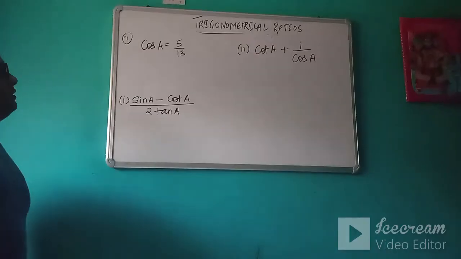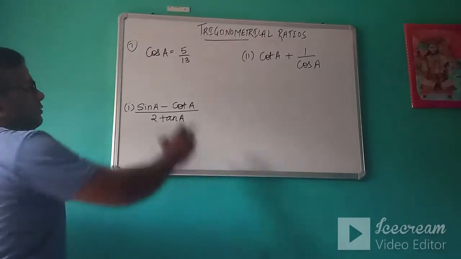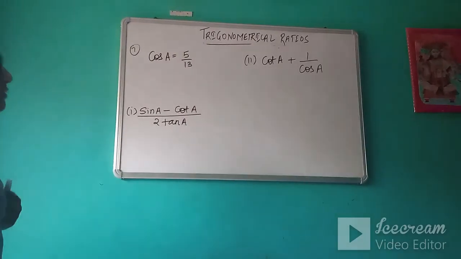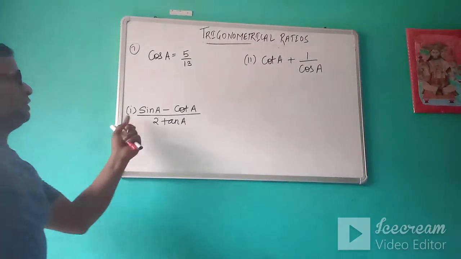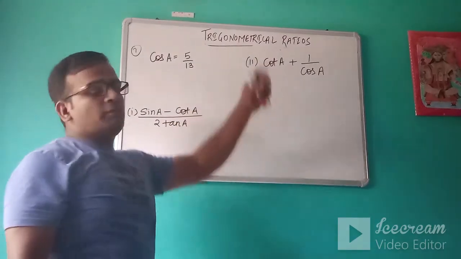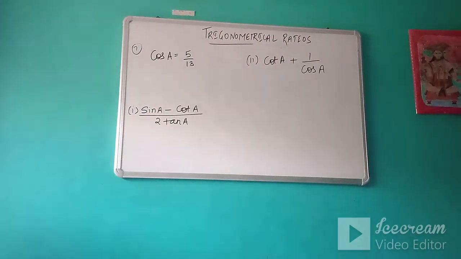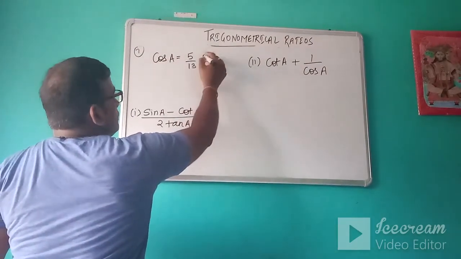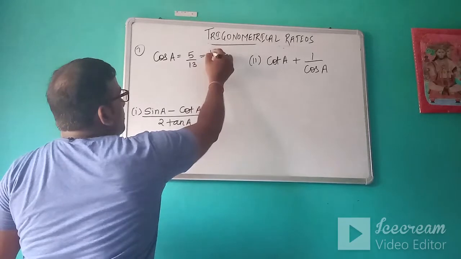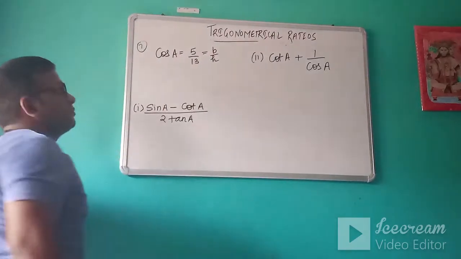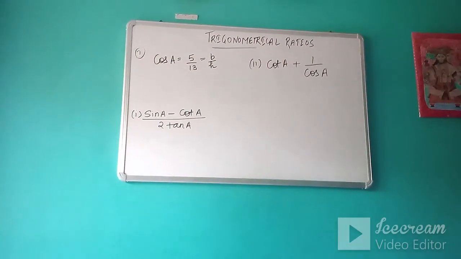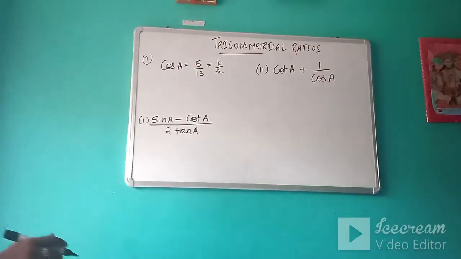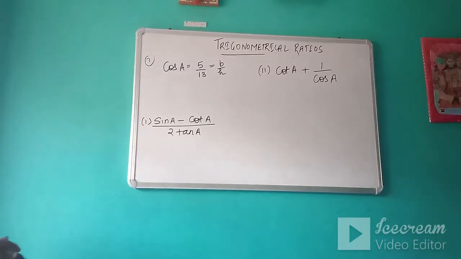Okay, let's discuss one more type. Suppose the value of any one trigonometric ratio is given, and with the help of this we have to find the values of other trigonometric ratios or the value of these type of expressions. So how do we proceed in these type of questions? So what do we know about cos A? So cos A is actually b upon h. Okay, so what we will do? See, I will tell you two ways. By two ways we can solve this type of questions.